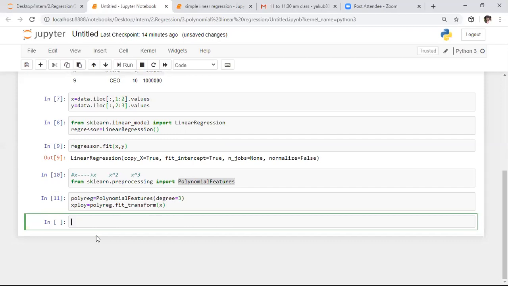After transforming the data, again we need to apply this based on the polynomial features. For that purpose, we need to apply this polynomial feature on y also. So here I'm saying polyreg dot